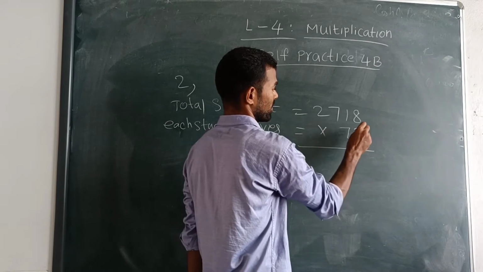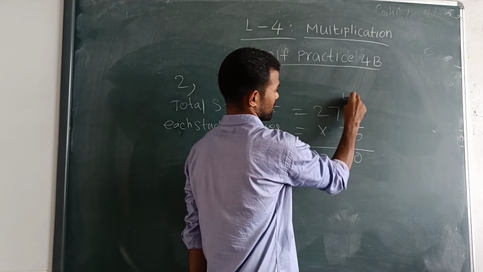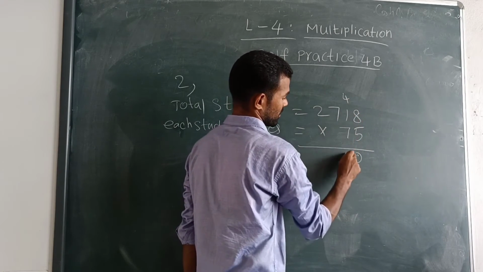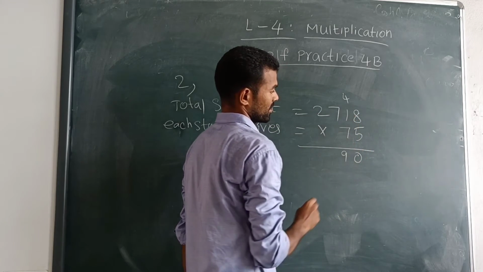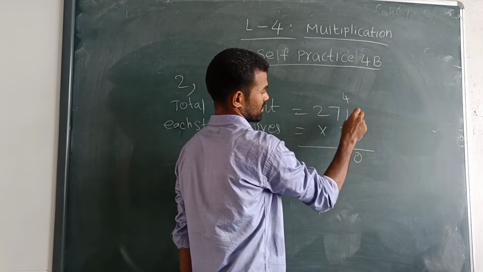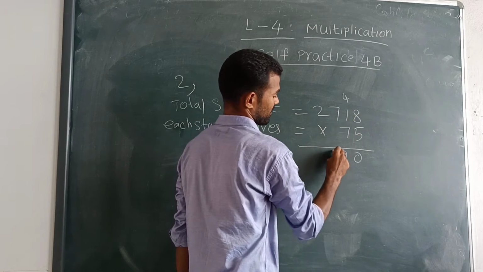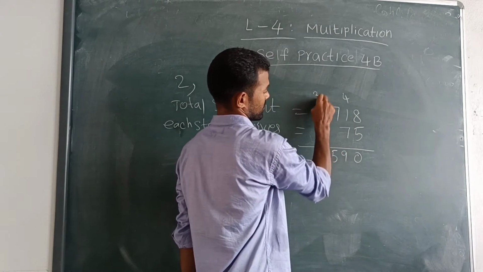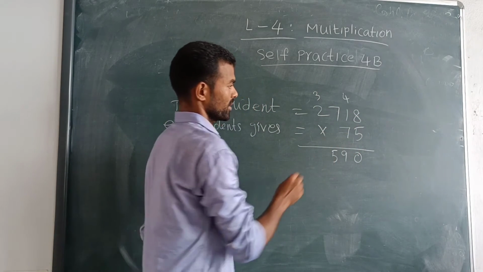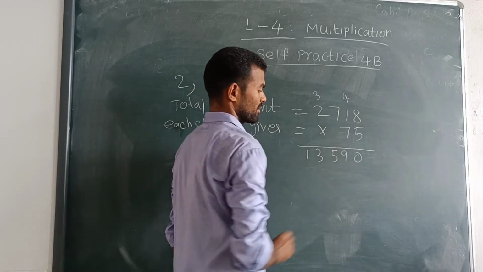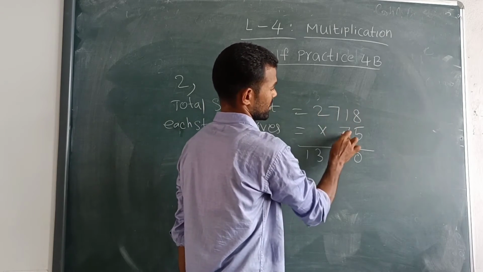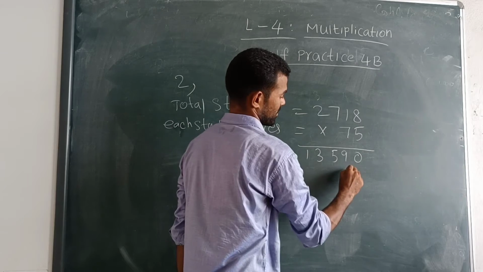Take 5 and multiply. 5 8s are 40. 5 1s are 5. 5 7s are 35. 5 2s are 10, 13. Next take 7 and multiply. 7 8s are 56,